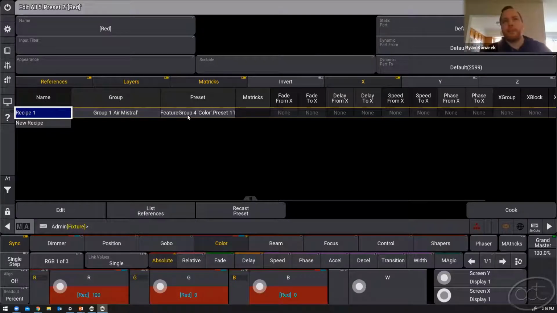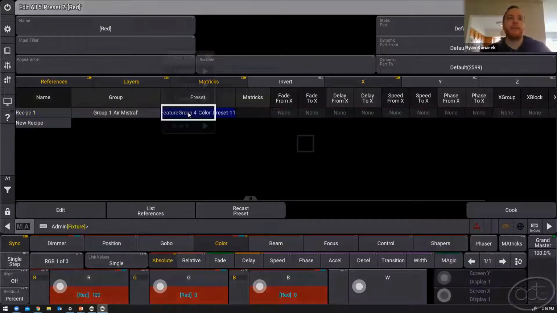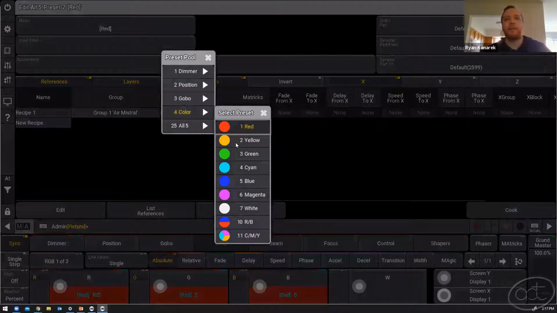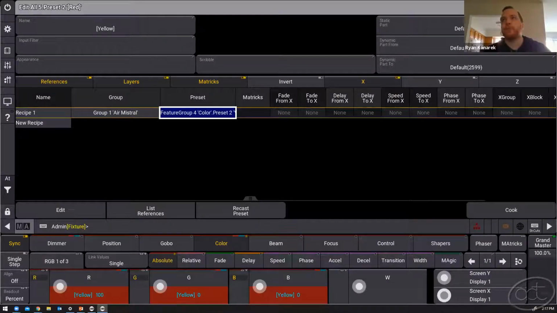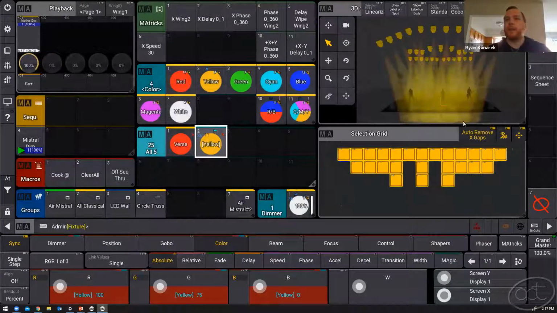And of course, I could change what I wanted to happen here, right? And instead of being red, I could say, you know what, I want this to be yellow. It automatically cooks. When I apply the preset again, now they're all yellow. Okay, now,